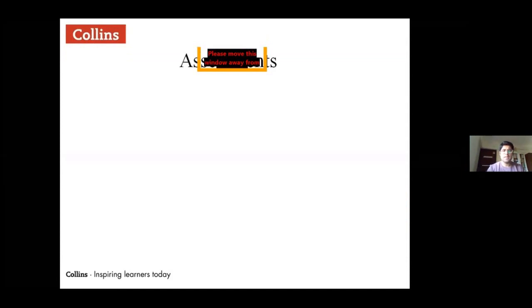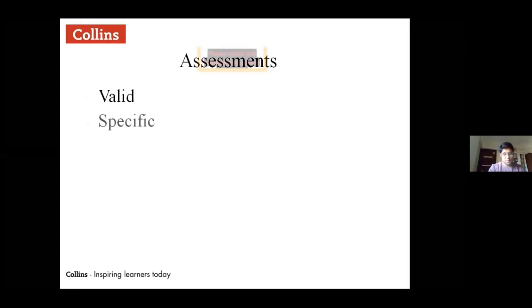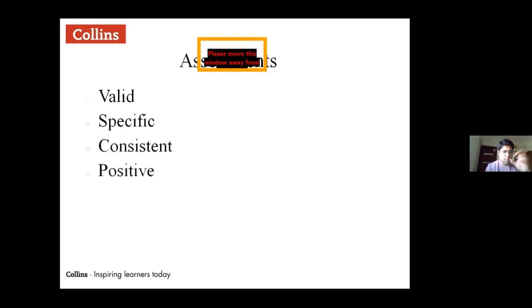We have resources. Believe me, if you want, I'll give you ample resources. But what will you do with those resources? They are even readily available otherwise. If you know how to put those resources into use, that will really make it quite interesting. And that's exactly what makes the difference. You can take a lot of assessments, but the objective of the assessment should be valid. Take up specific assessments, formative ones, be consistent with it, give positive feedback, provide feedback.